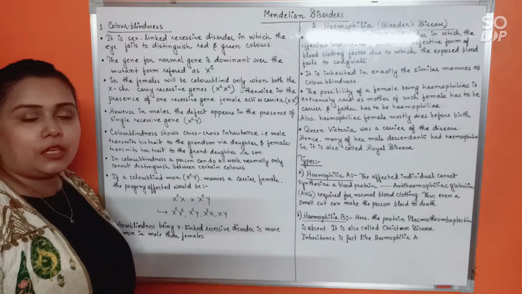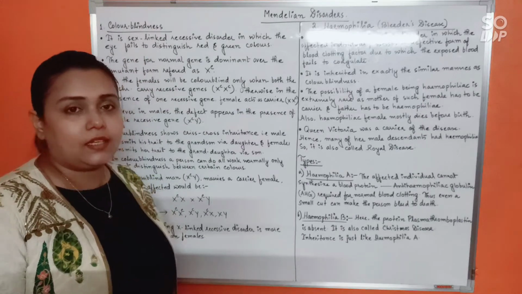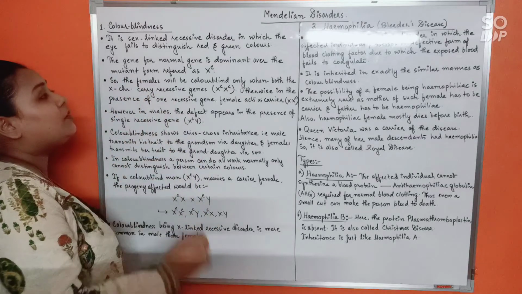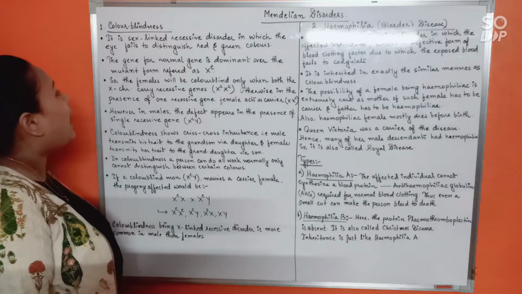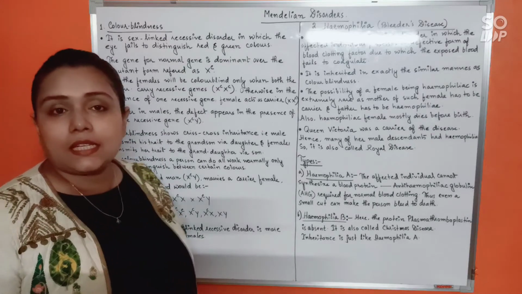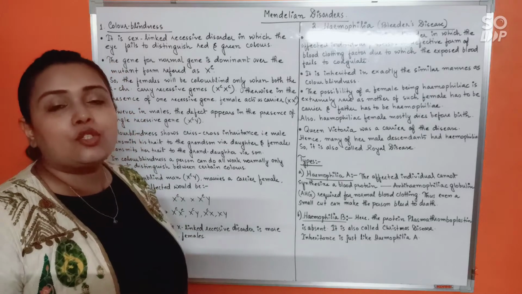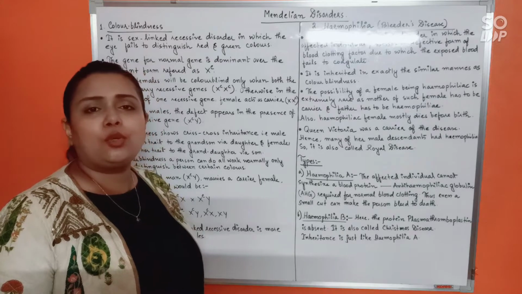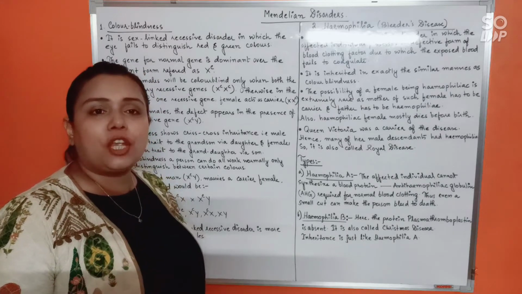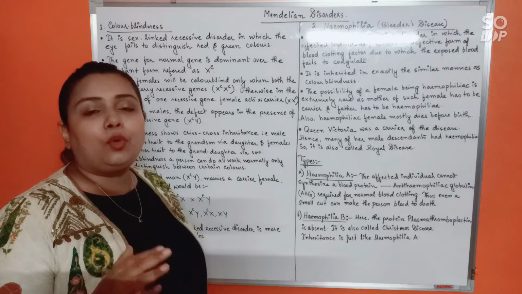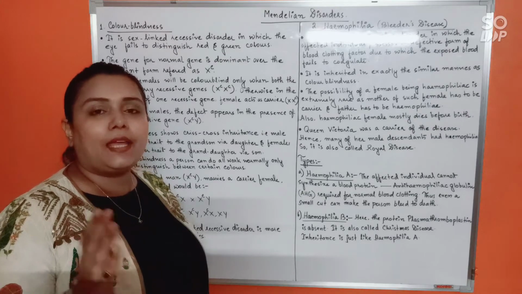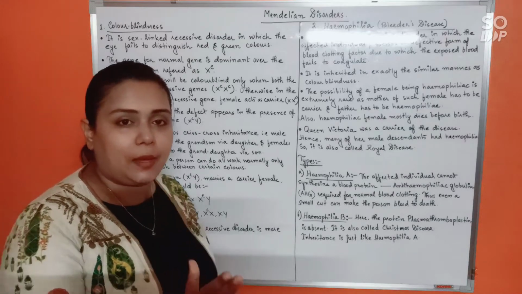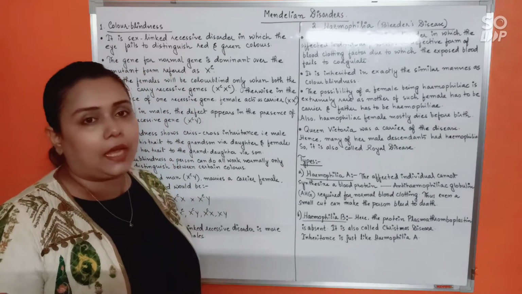Okay, mostly in your syllabus, those disorders that have been discussed are all recessive disorders. All right, so it is a sex-linked recessive disorder in which the eye fails to distinguish certain colors, mostly red and green color. So we also call it red-green color blindness. All right, so the eye does not differentiate between red and green color, and in case of both colors, because it cannot distinguish them, it sees both colors to be the same. All right, that's what color blindness is all about.